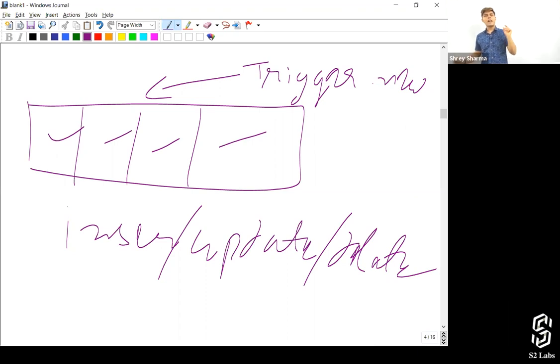That's it. Now let me tell you why it is going to give you a list rather than a single record. So if I'm going to insert a single record, in this list we are going to have only one SObject, right? So if I'm going to create a new record called Disney, in that case we're going to have only a single SObject in this particular list. But what if I import the records, right? What if I import 100 records at the same time? What if I insert the records using code?